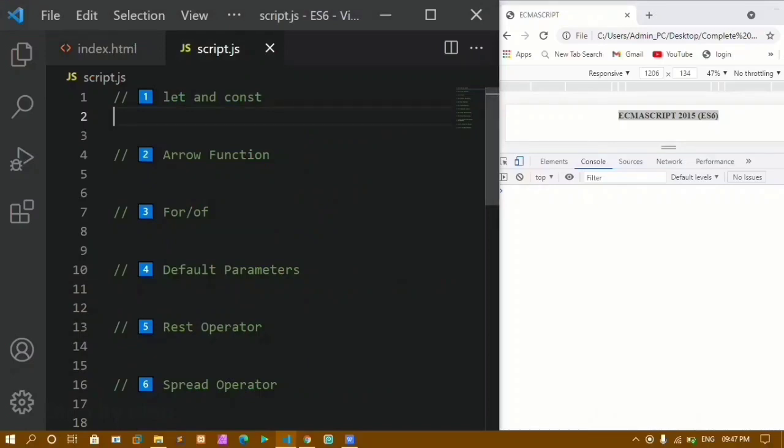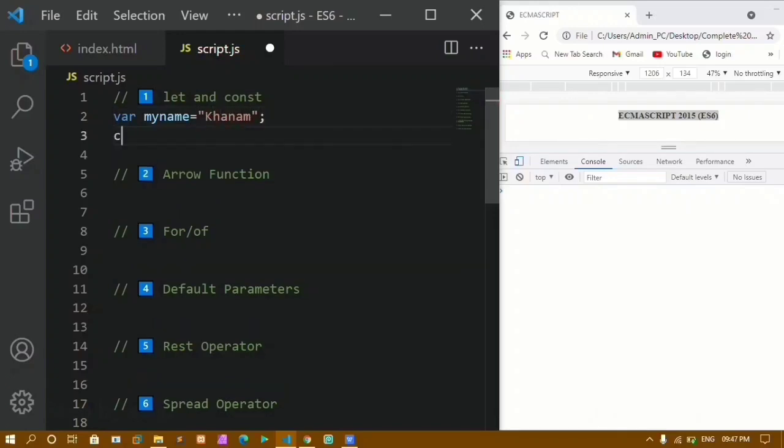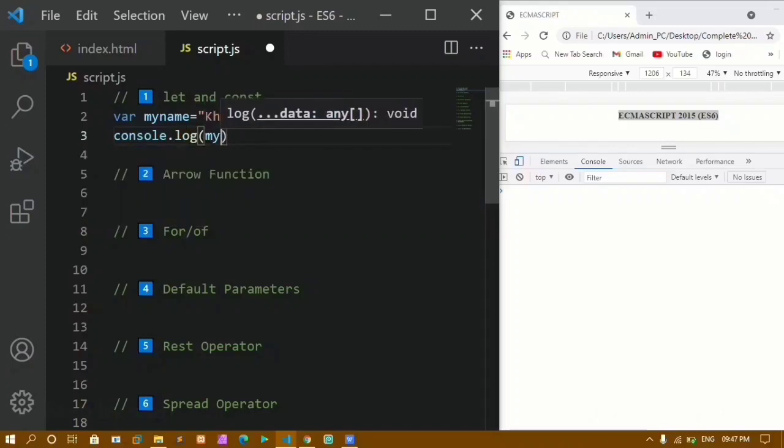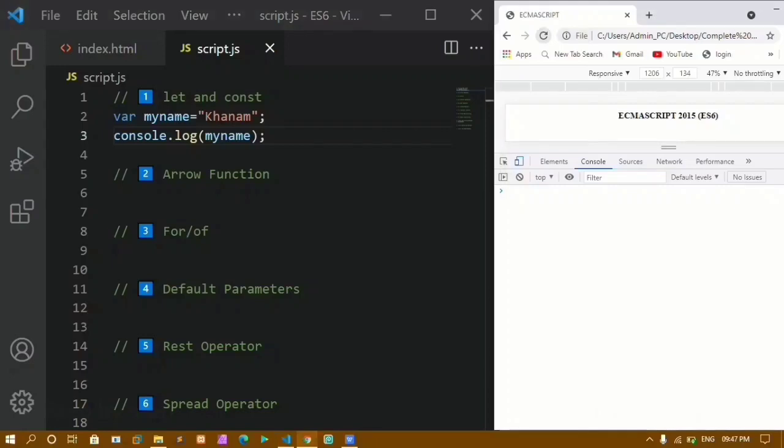Inside this, first I'll be explaining what is block scope. I'll explain with an example. I'll declare my variable using var. This was before 2015, we were using var. I'll create one variable, myName, and inside this I'll give Khanam. Now in console, I'll show this output with console.log of myName. I'll save this, and now if I refresh this one, in my console you can see I have this